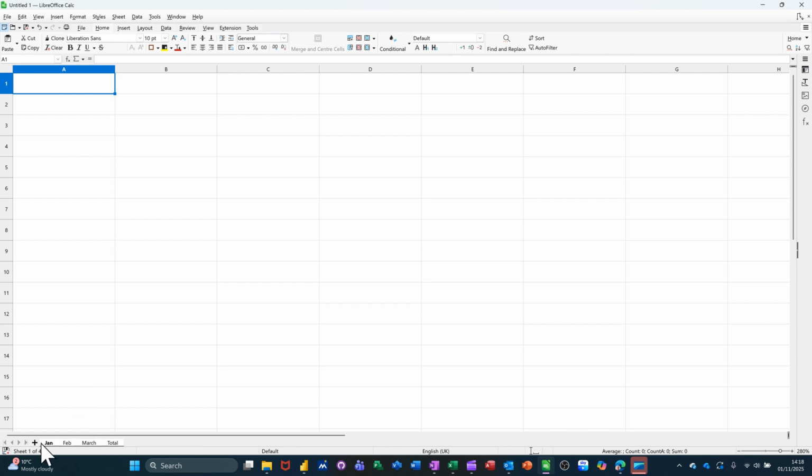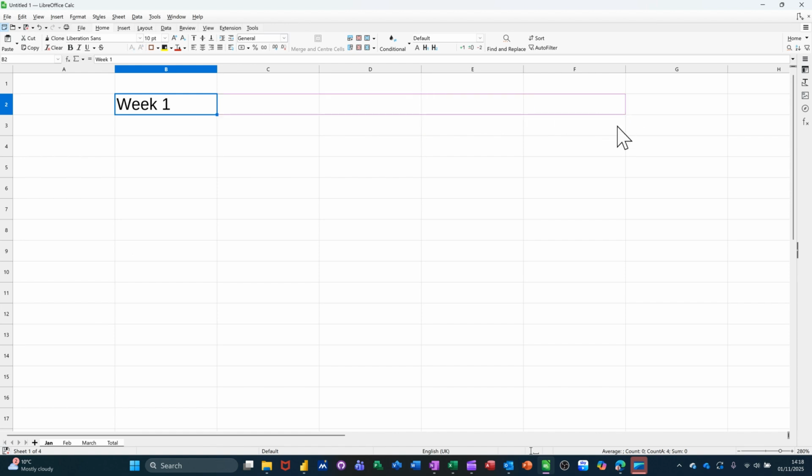You can see that they've slightly changed colour, gone white. That means that they are now grouped. So whatever I type on here is going to go on every sheet. So let's just get going with a little spreadsheet. So if I type week 1 and just pull that across so it's to week 5,